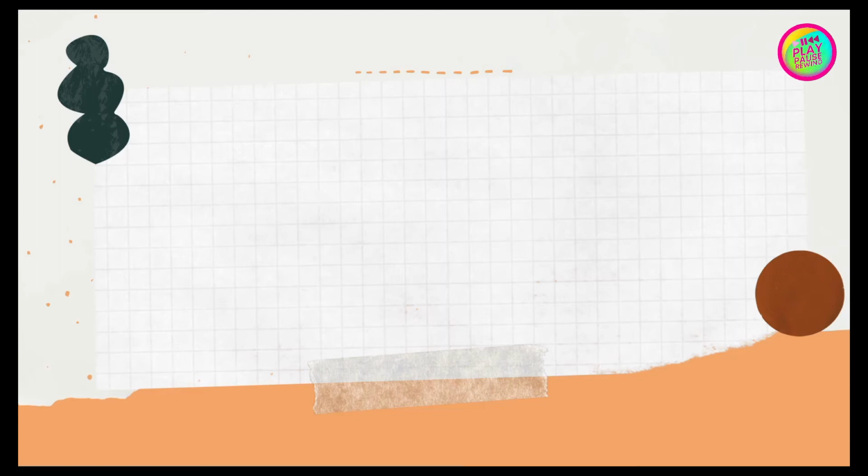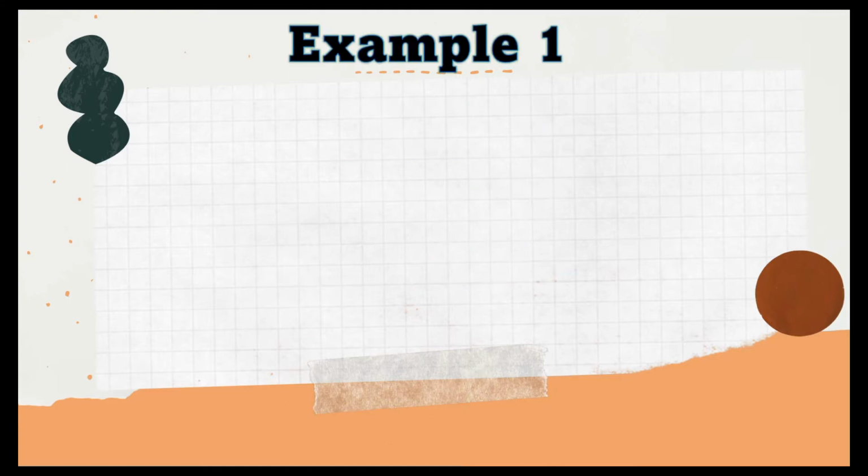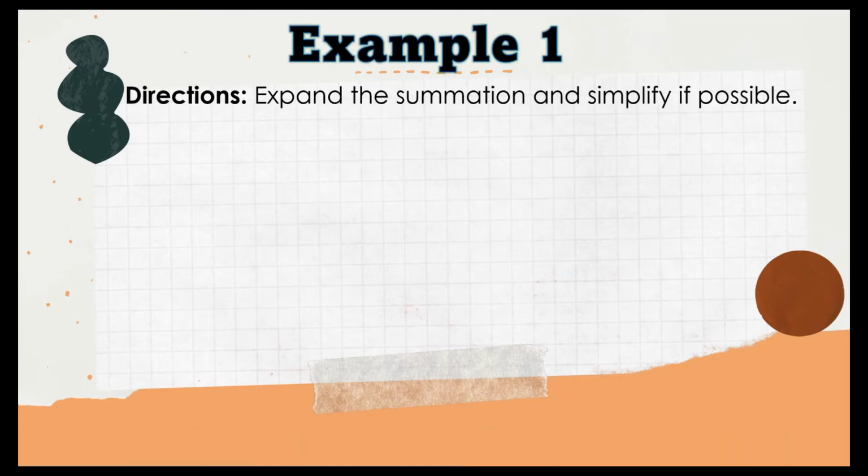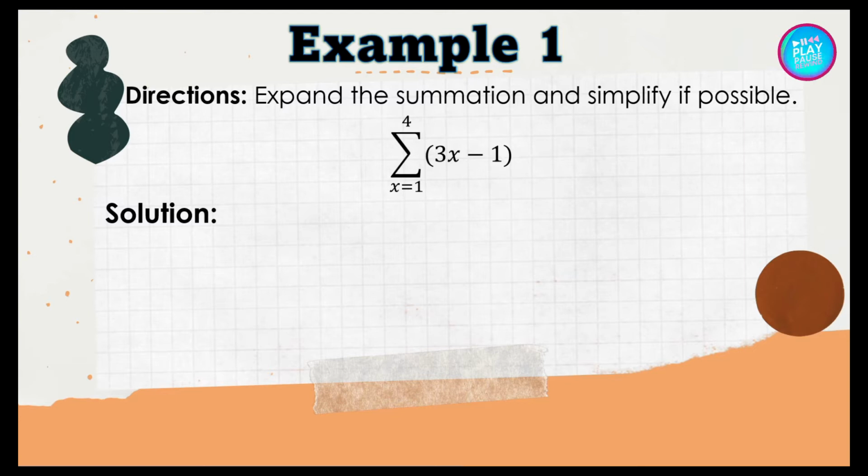To illustrate how we write a sigma notation, let's evaluate the following examples. Example number 1. Directions: expand each summation and simplify if possible. The summation of 3x minus 1 from x equals 1 to 4. To solve, we substitute the range of values from x equals 1 to 4 to the expression and